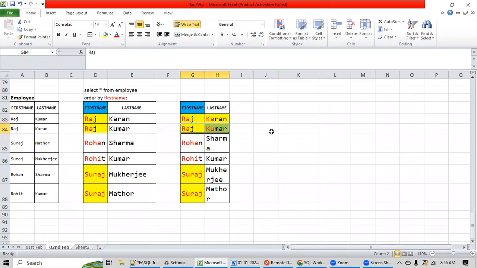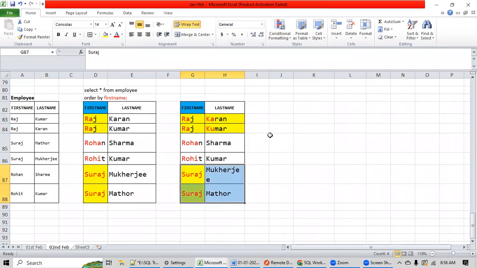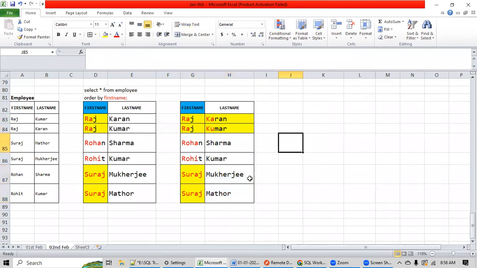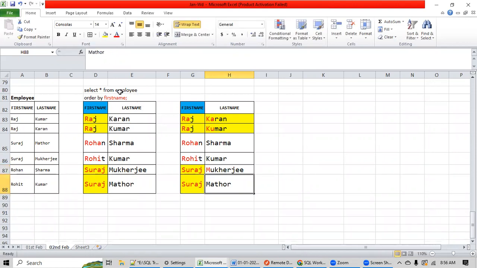This is correct. Now coming to Suraj Mukherjee and Suraj Mathur. First of all, tell me one thing: do you think there is a conflict based on the first name? Yes, they both are the same. Then what will you do? Go for the last name. What is the first character here? M. And what is the first character here?